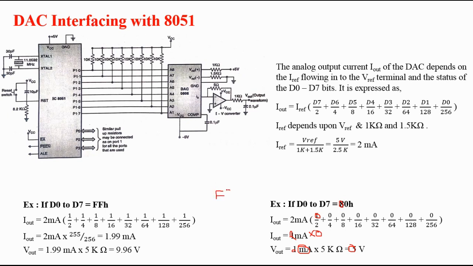So in this way you can see that for the value equal to FF, you are getting an output equal to 10 volt. For the value equal to 80H, we are getting an output equal to 5 volt. In the same way, for 00H hexadecimal, you will get 0 volt as the output. So you can see there is a relationship between those. For FF it is maximum, for 80 it is somewhere in between, at the midpoint, and for 00 it is 0 volt. With this proportion you are continuously getting the output with reference to the input.